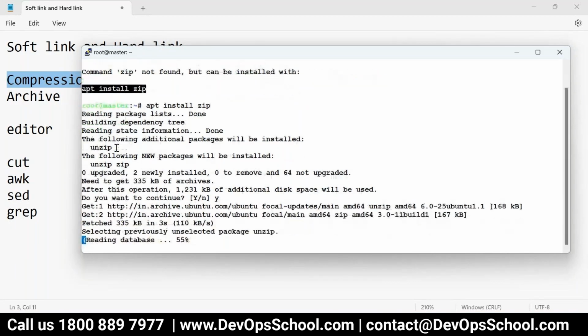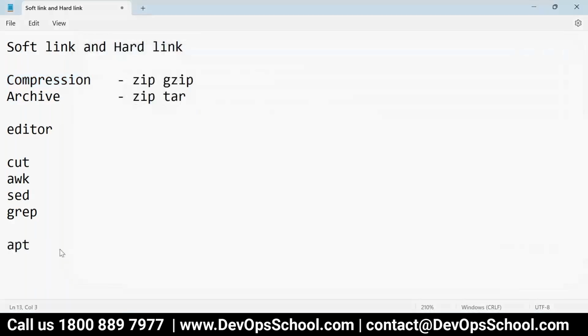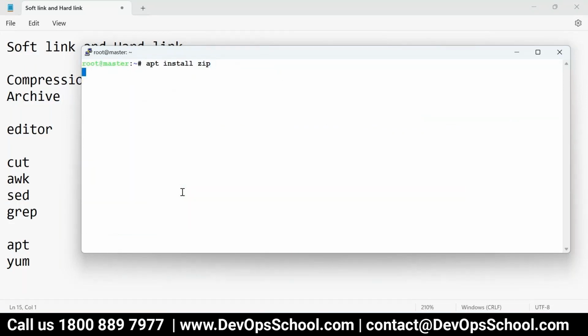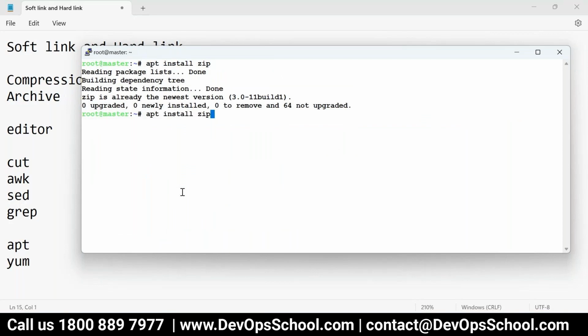And Rajesh, all these commands we have been going through, are they available in all the kernels or some specific kernel? All kernels. All Linux will have all the utilities, except a few differences, which you don't need to focus on right now. Okay. So here I installed this zip, and now you see it created a zip.